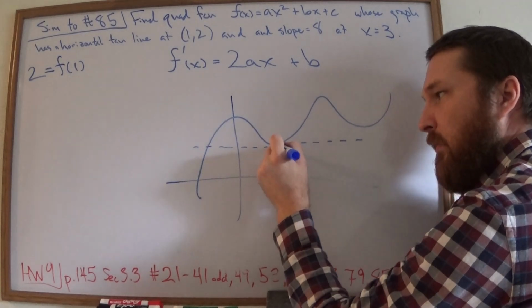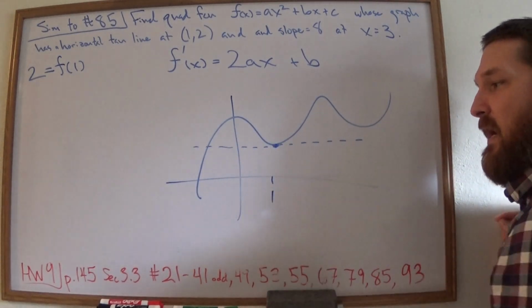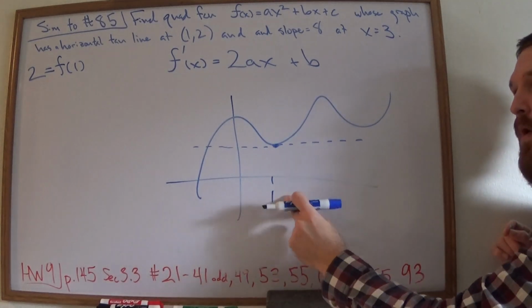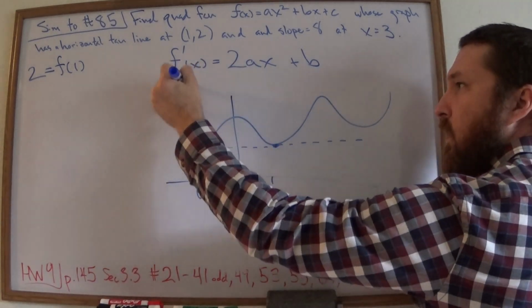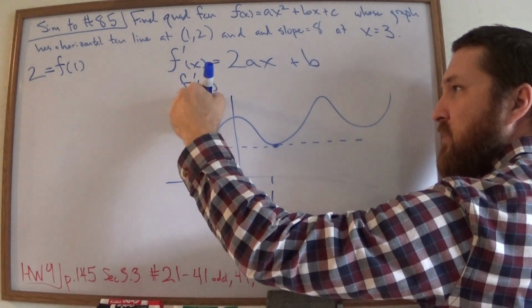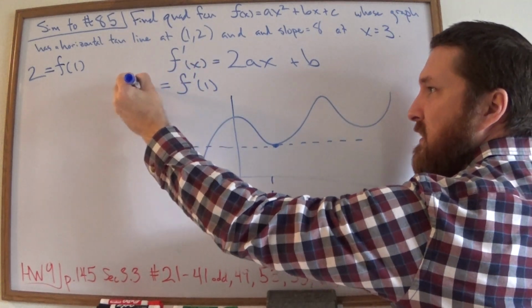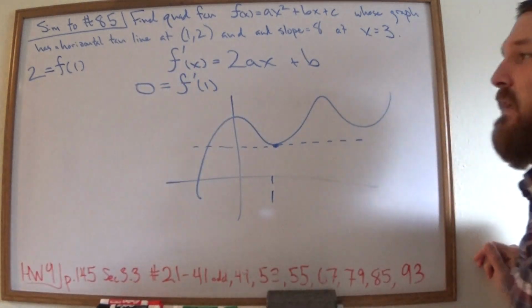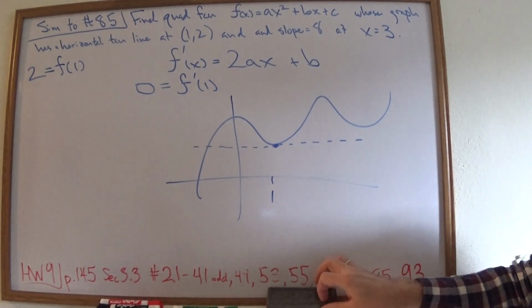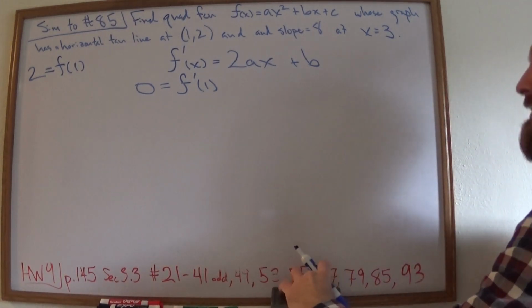Its slope must be 0 there. And what this is saying is that it has a horizontal tangent line at 1. And so when I plug a 1 into the slope function, into the derivative, its slope must be 0. There's your second equation. And then the third one is just the same, but with the derivative of f